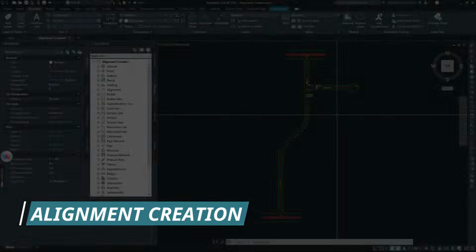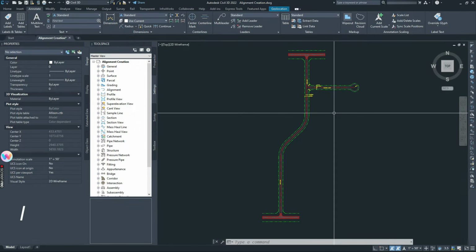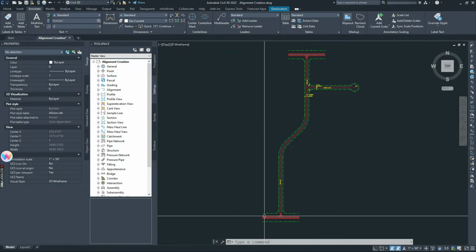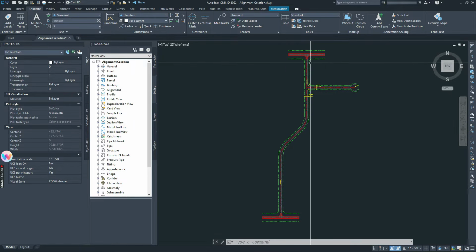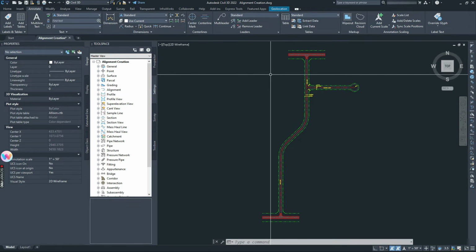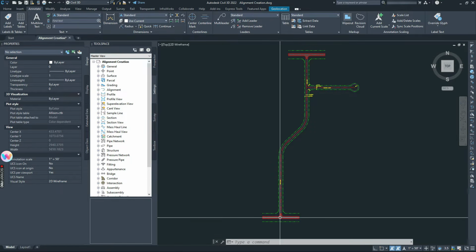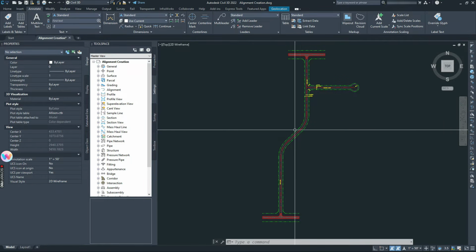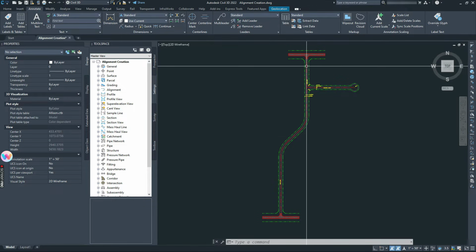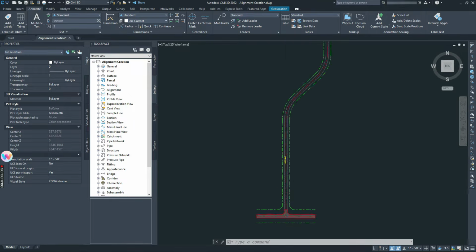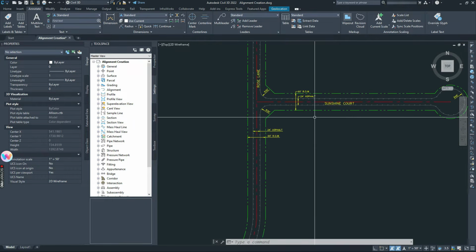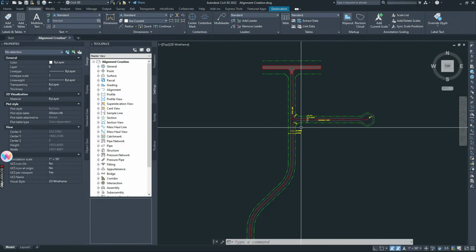This is a brief tutorial on creating alignments in AutoCAD Civil 3D. I've drawn a hypothetical layout of some roads here for an example. The street to the south and the street to the north in this example would be existing concrete streets, and we're putting in two asphalt streets going through potentially our subdivision, Rose Lane and Sunshine Court, that I've drawn for